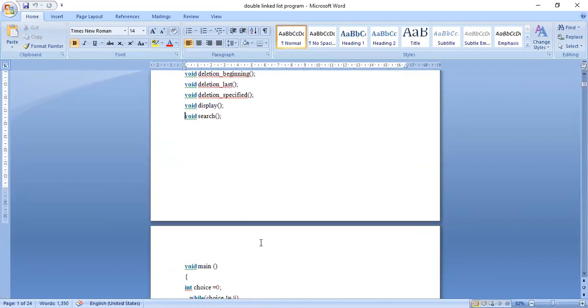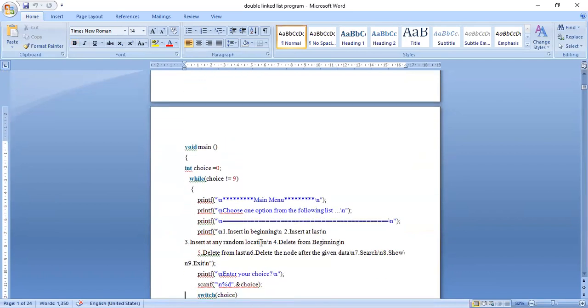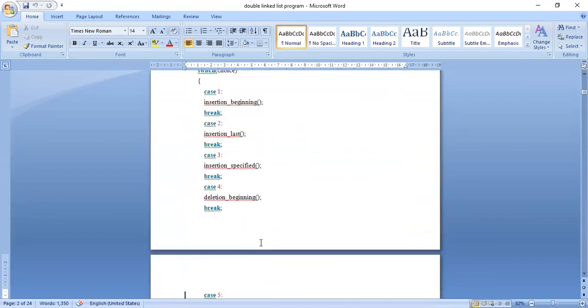Okay, so these 9 options you can see here. Each one having some function.